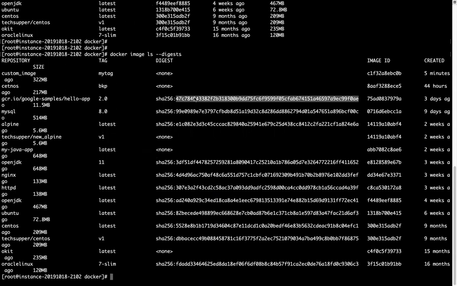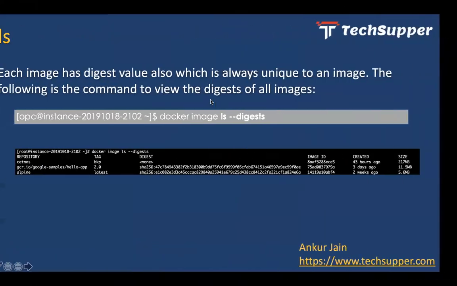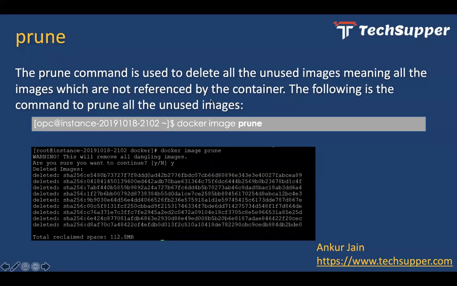So here you see that digest. Every Docker image has its own digest value, and you can use the digest to pull the image also, right? Now, prune. The prune command is used to delete all the unused images, meaning all the images which are not referenced by a container. The following is the command to prune all the images, like docker image prune,